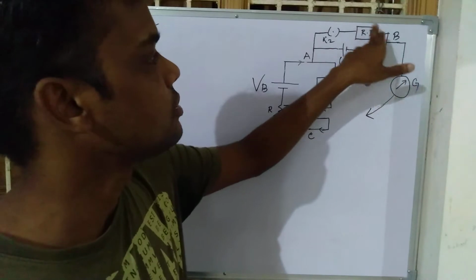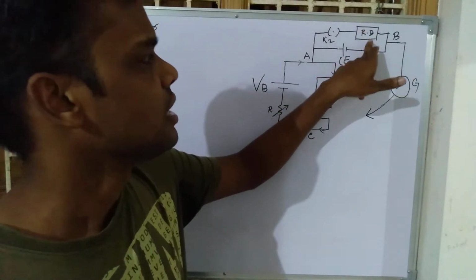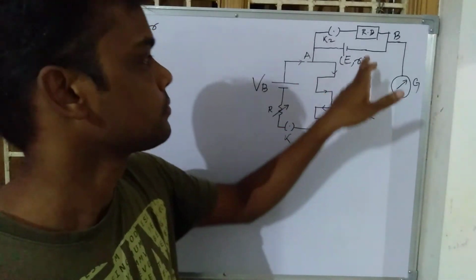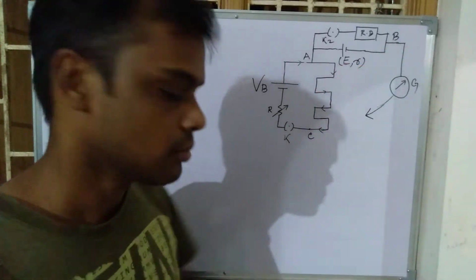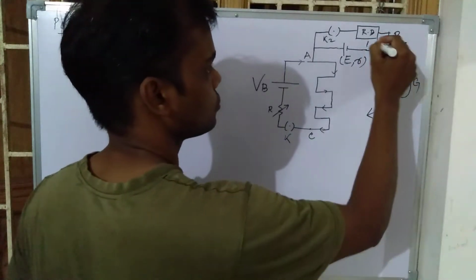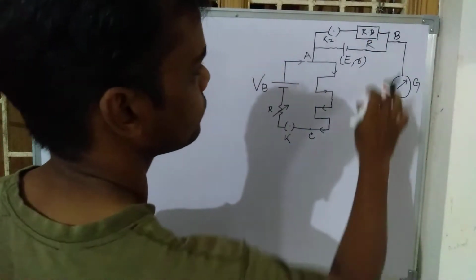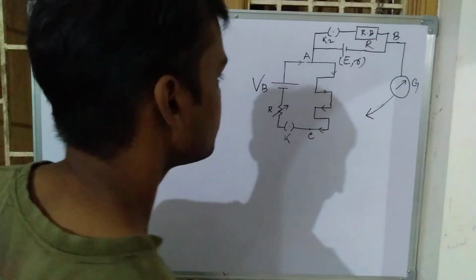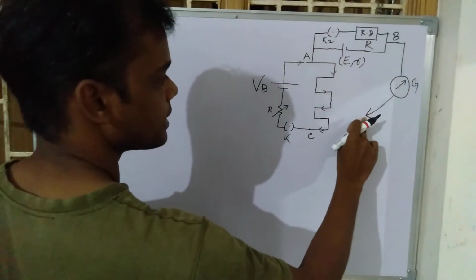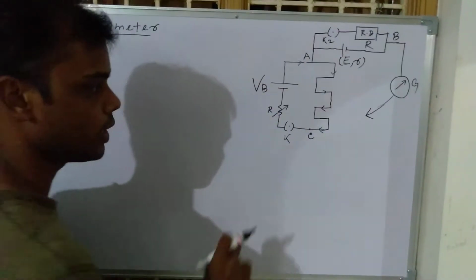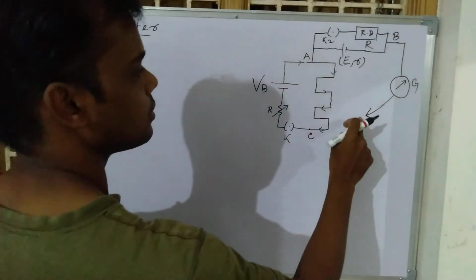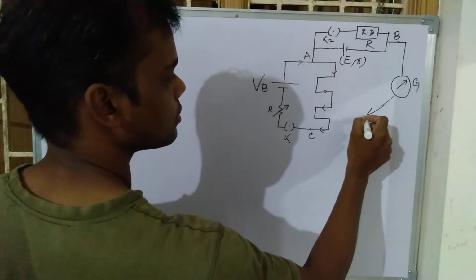Now there is a resistance box. A resistance box means it is a box having some resistors whose value can be changed. It can be varied. Simply, we can say this is a resistor whose value is R. Now this is a galvanometer. Everything is okay. So first of all our job is to connect this end to this wire. Of course you know that this is a resistive wire, and suppose this is connected somewhere.